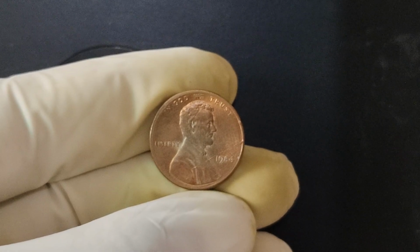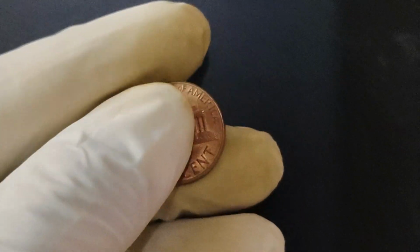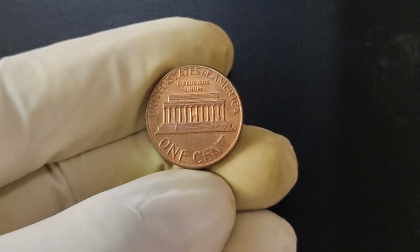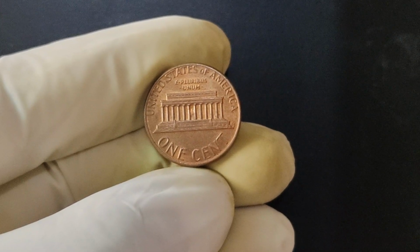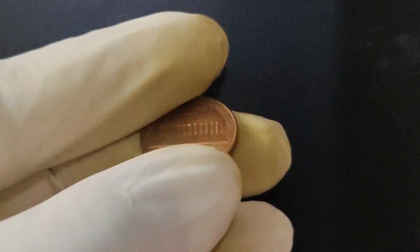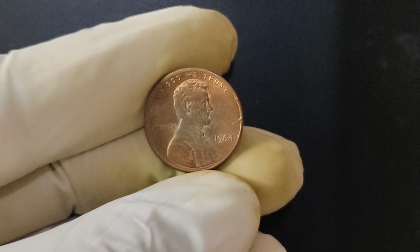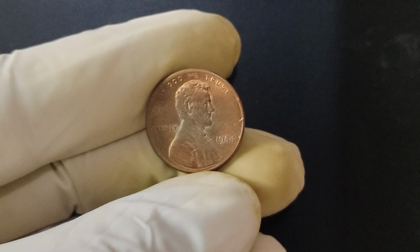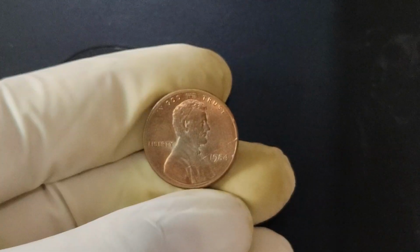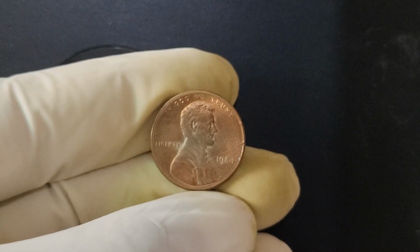Several factors come into play. 1. Condition. Coins in near mint or uncirculated condition fetch the highest prices. Even the slightest wear can significantly reduce a coin's value. 2. Rarity. The fewer coins available, the higher the demand and consequently, the value. 3. Market trends. The coin collecting community's interest can fluctuate, impacting the market value of rare finds. It's important to note that coins in pristine condition, with clear features and minimal damage, are the ones that fetch